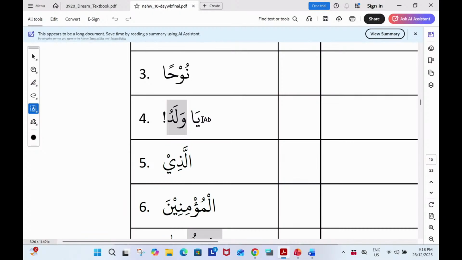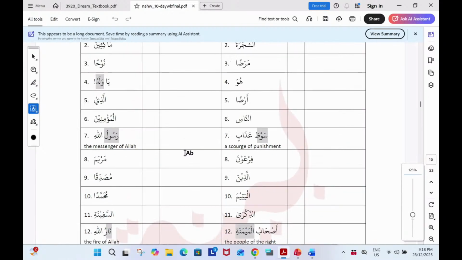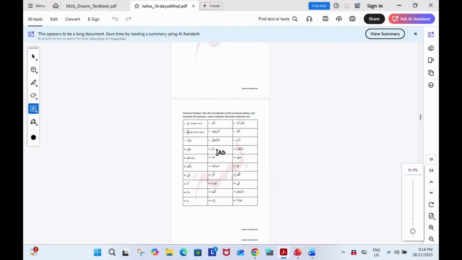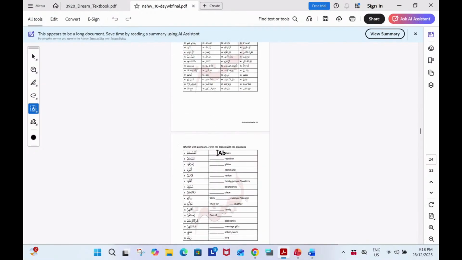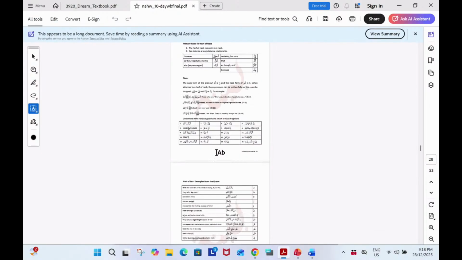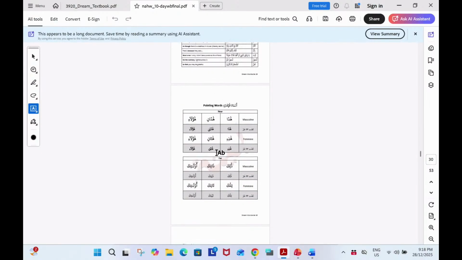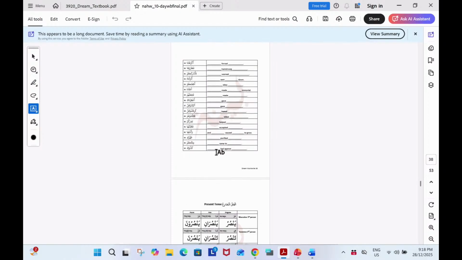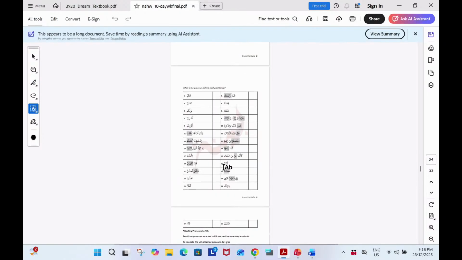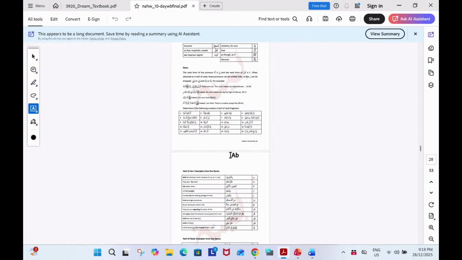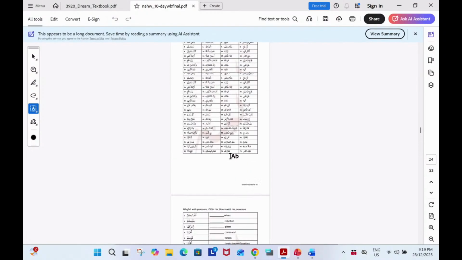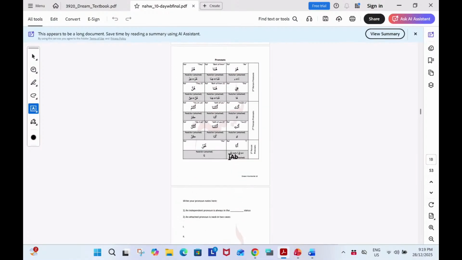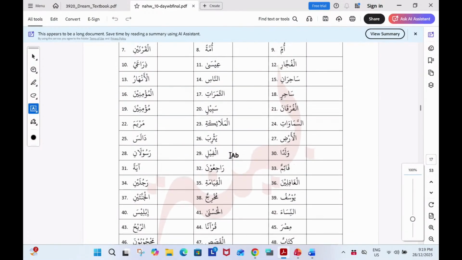Any confusion? No. Then the item number 5 we have not done so far, but I think it is within your book. One minute, let me just check where we have Ism Mawsool. Yeah, we will study Ism Mawsool later. Just give me 1 second. Maybe it is in the beginning. Okay, anyway, we will see that later. But yeah, these are the examples of Ism Mawsool which we have not studied yet. So I will skip it for the time being, and inshallah we will come back to that later.